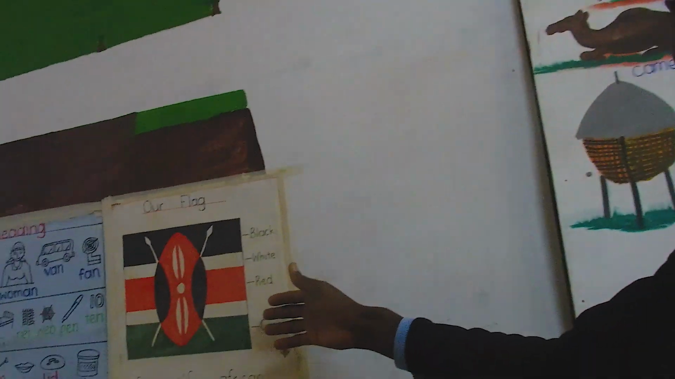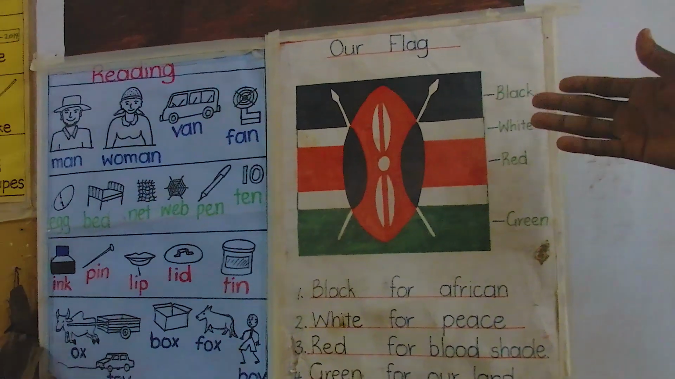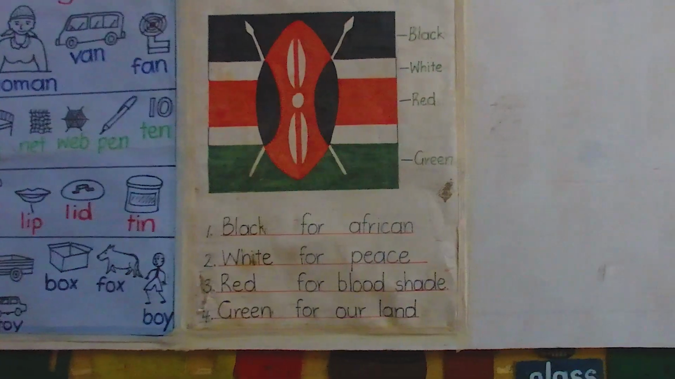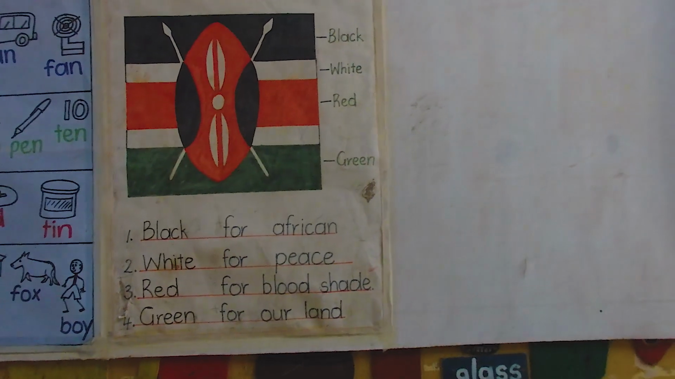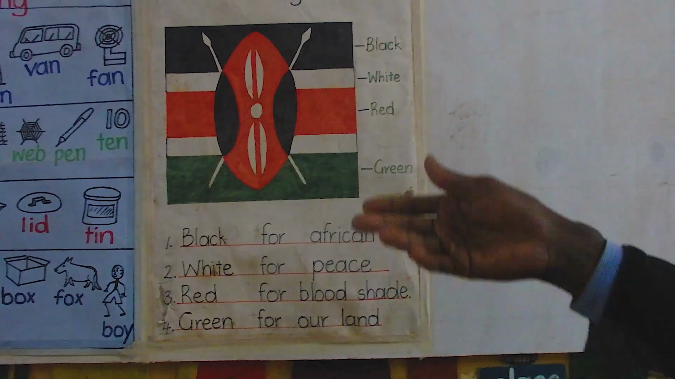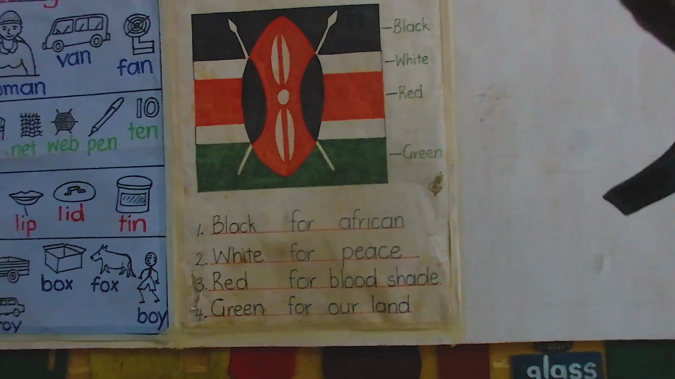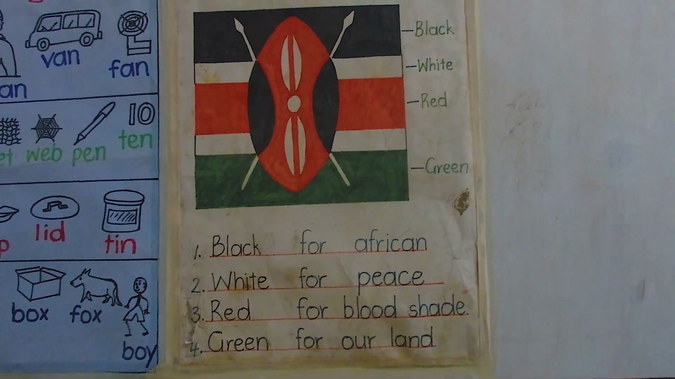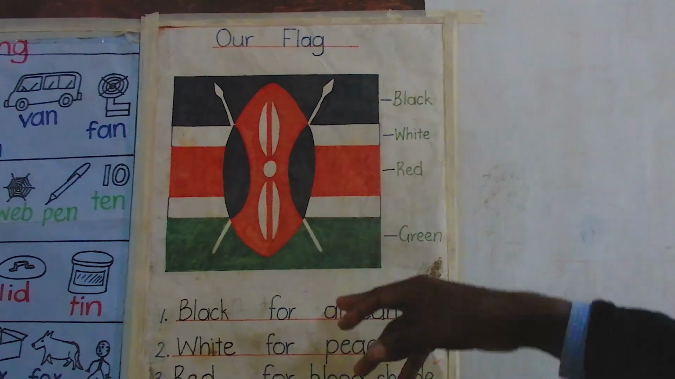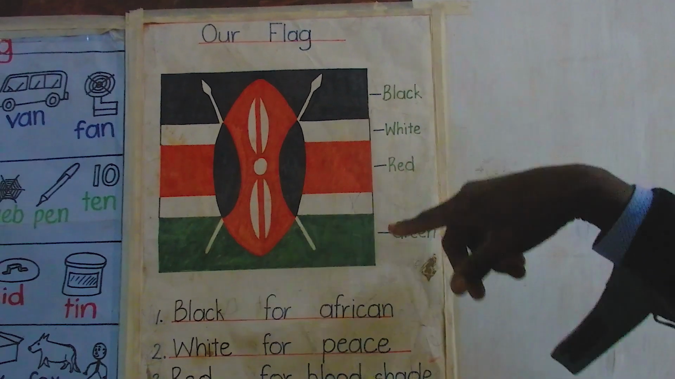we have the flag here. This is the flag of our country. The children should know all the colors of the flag of our country, and the same they should know the meaning of each and every color that is in that particular flag. For example, we have black. Black symbolizes our color as Africans, Kenyans